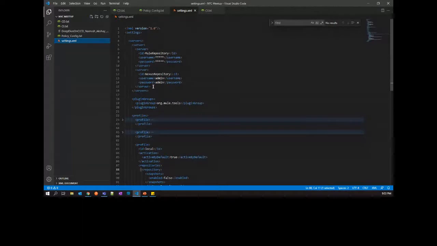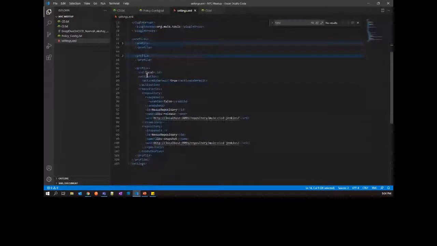Yeah, quickly I'll go through this settings.xml. So these ID and credentials that you see, this one is your Mule repository, the Nexus Enterprise repository credential that you get from MuleSoft to connect to their enterprise repository server. And this is the server ID we have, Nexus repository, which is for our Nexus repo. So this is the username and password for our Nexus repo.